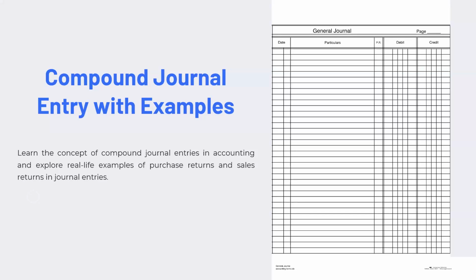Okay, so let's start today's session. Today we are going to see compound journal entry. Last session, we saw how journal entries are made. We have seen at least 2 illustrations, I think. So, compound journal entry: how it is made and why it is made, and under what conditions these entries can be made in the journal.